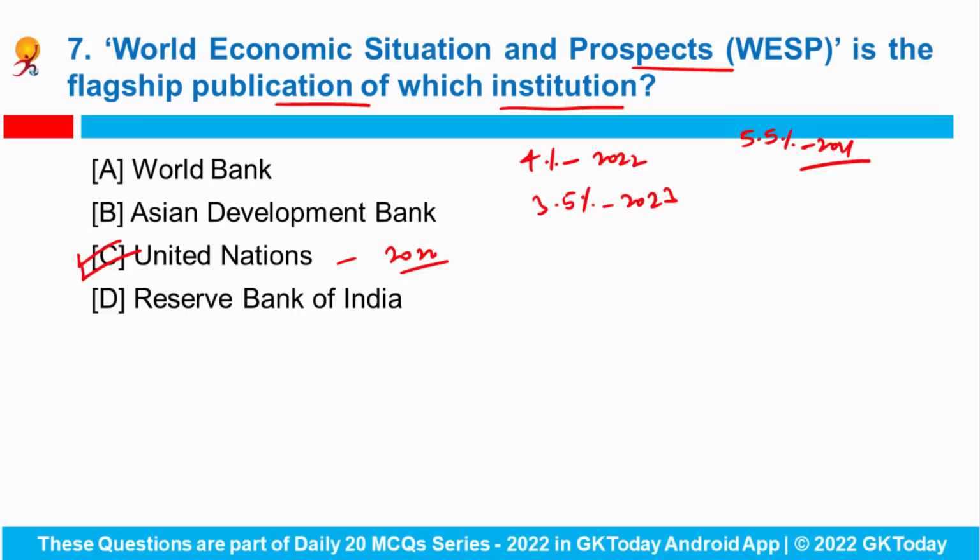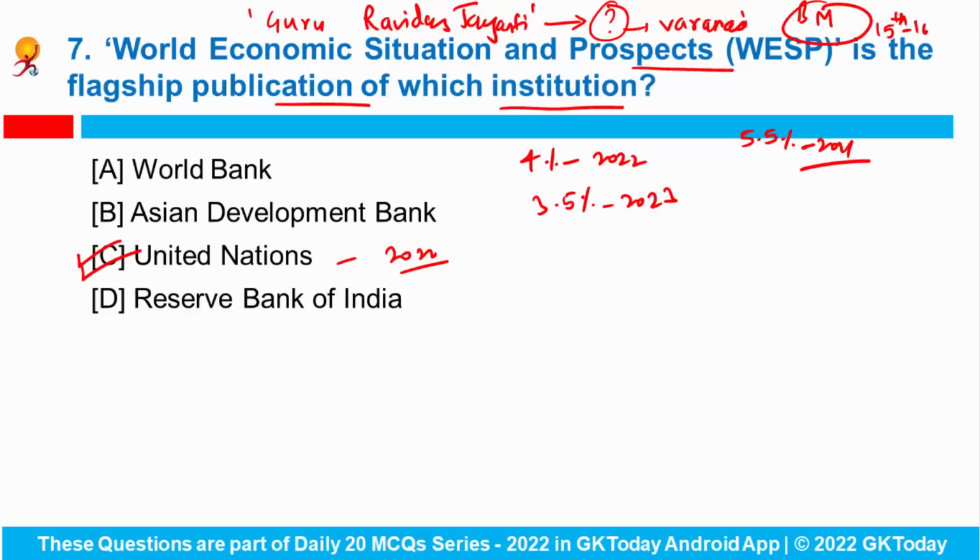Okay. Now, can you tell me, Guru Ravidas Jayanti is an annual event celebrated in which particular state? This is an annual event which is celebrated in Varanasi in Uttar Pradesh, during which Ravidasiyas travel to Varanasi in large numbers. Actually, Guru Ravidas was an Indian poet saint of the Bhakti movement and founder of the Ravidassia religion during the 15th to 16th century CE. Ravidasiyas believe that Ravidas is their guru, whereas the Sikhs traditionally considered him as one of the many Bhagats, or you can say holy persons.